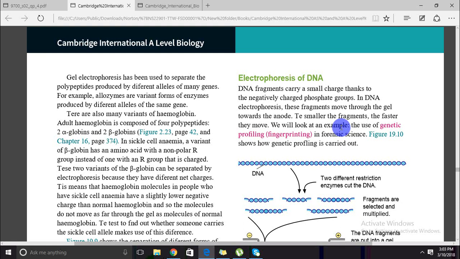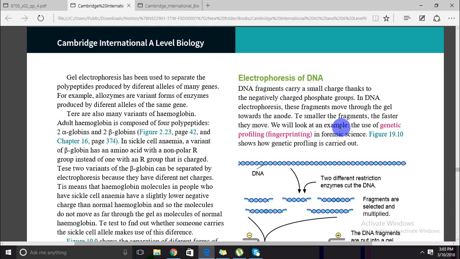And if you were to take a look at the syllabus, they say you have to be able to distinguish between alleles of a gene, right? So if a person is heterozygous at a particular gene locus, meaning he may have a normal hemoglobin allele and an abnormal hemoglobin allele, it means that he or she will have two bands instead of just one. A person who is homozygous for the normal hemoglobin allele would have just one position,